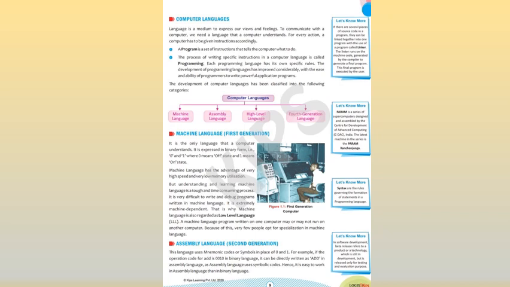And each programming language has its own specific rules. As we have seen in English, there are some rules for writing the English language. We use nouns, pronouns, verbs, prepositions, conjunctions, and so on. And in Hindi also, we need to know the Varnmala, the Akshar Gyan, the Matra, two-letter words, three-letter words, then the formation of sentences, then the paragraph.